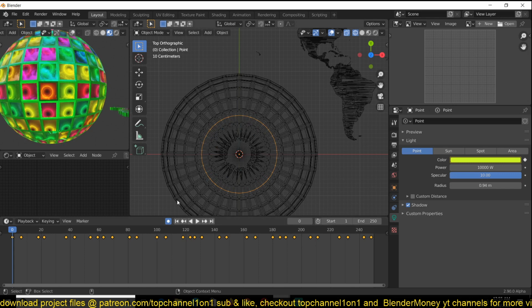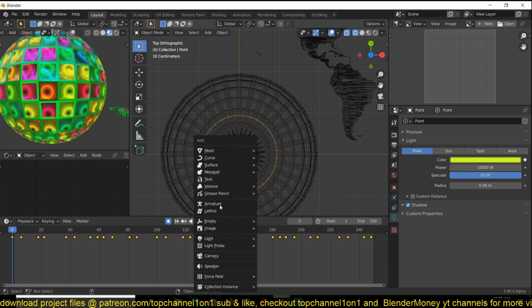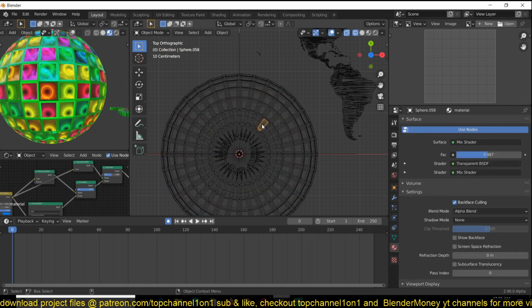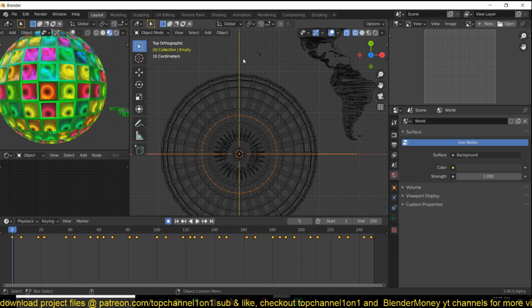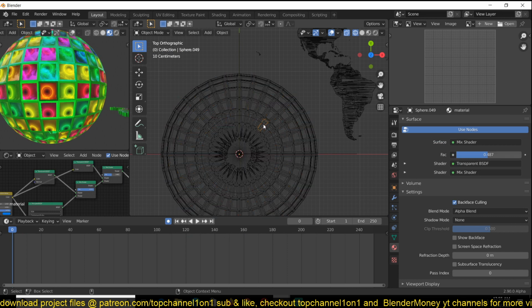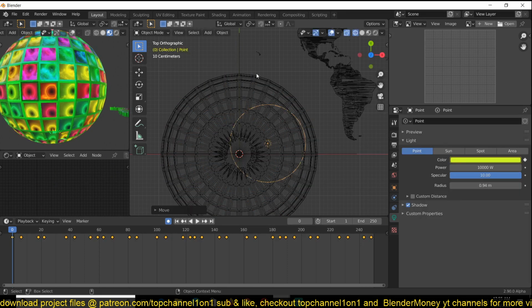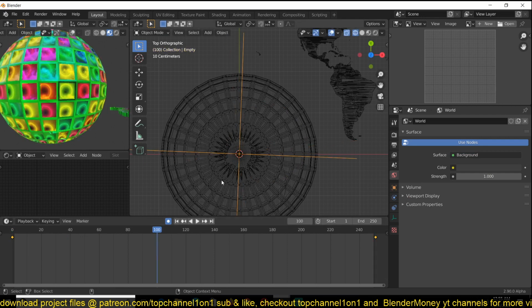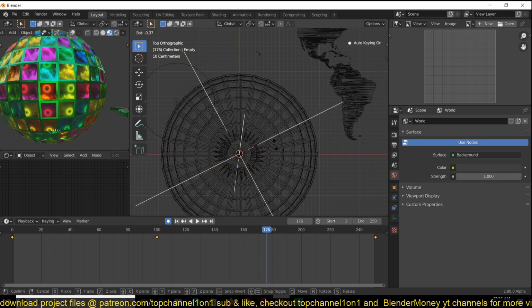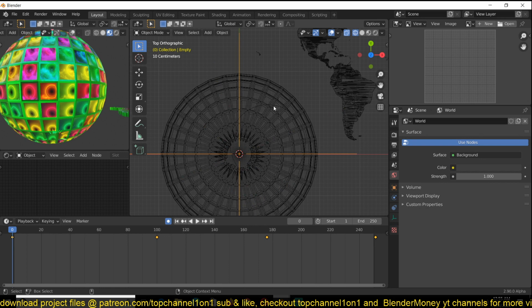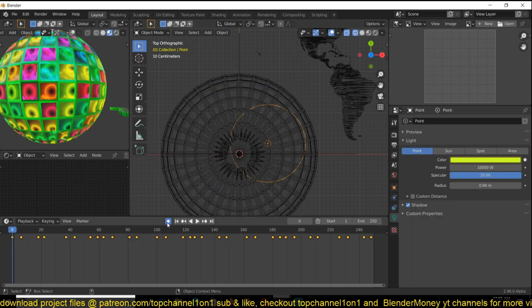animate this rotating around. To make this simpler, I'll just add an empty, get the light, parent it to the empty, then give it an offset from the empty, like that. Now I can just rotate the empty however I like, but I need to make sure that this isn't too far away from the center.